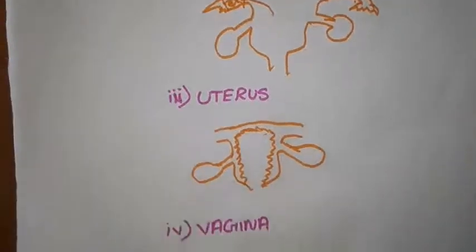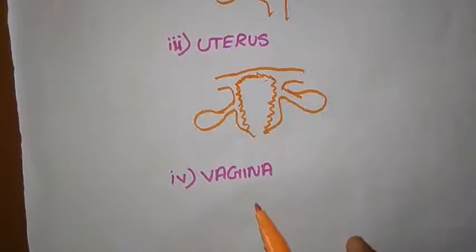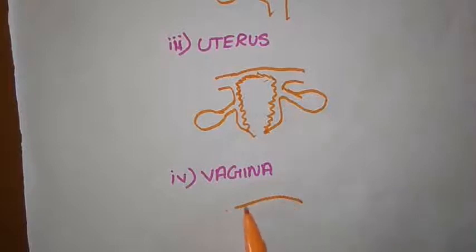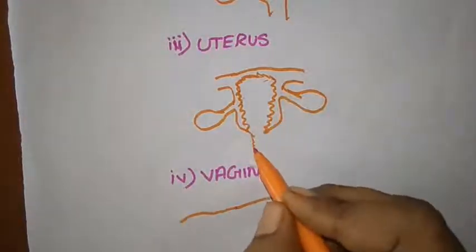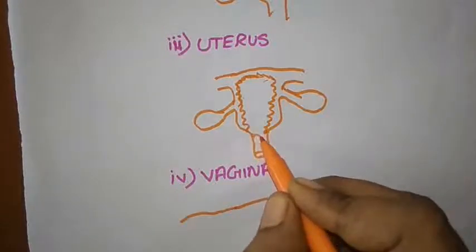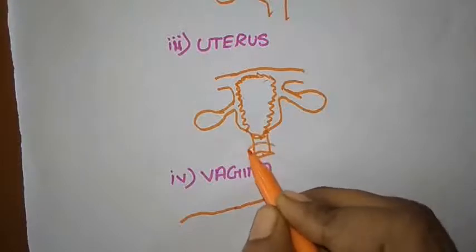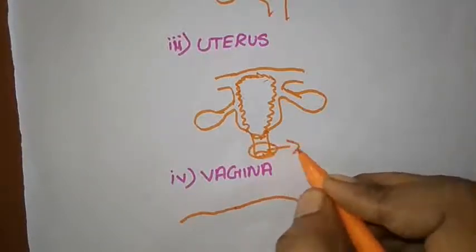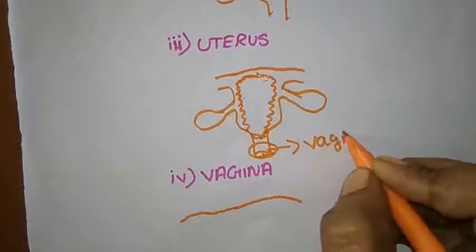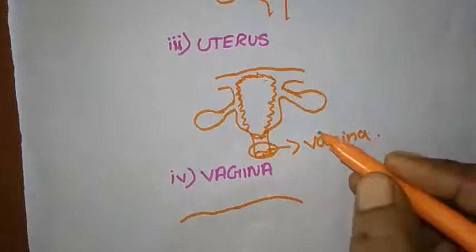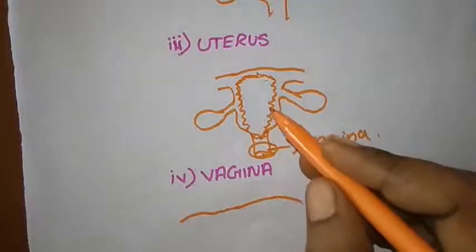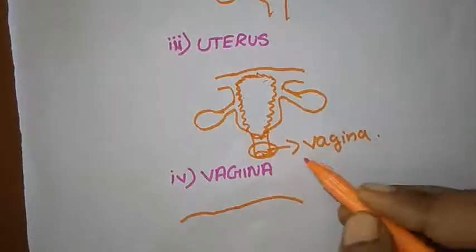Okay, and the next and last part of the female reproductive system is the vagina. What is the last part? Vagina. Here, just see this. This is the uterus, and here they have one opening, that is the cervix, and here is a tube-like portion. So this is the vagina. Bleeding happens through the vagina, and during pregnancy, baby expulsion also takes place through the vagina.